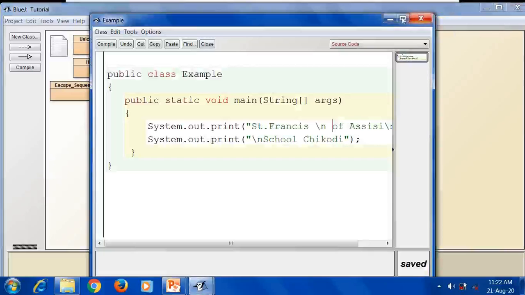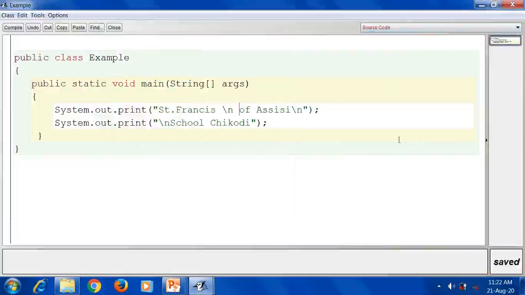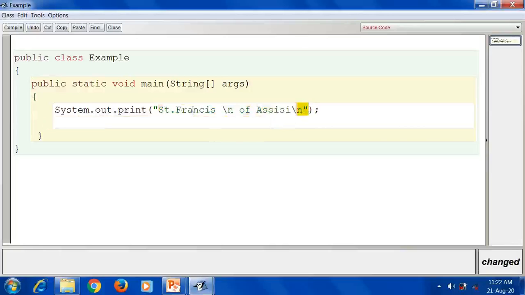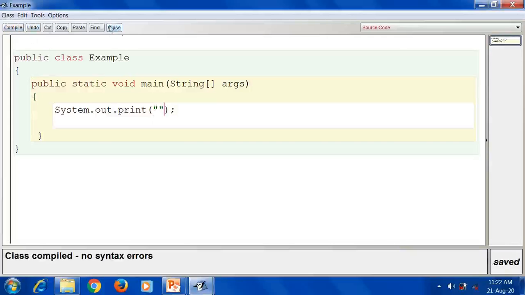Next, if you want to print a double quote, single quotes and all, see here, for example, let me delete this line, and here also. Now I want to print only a double quote. I don't want to print anything else. Let us compile. See now what happens.